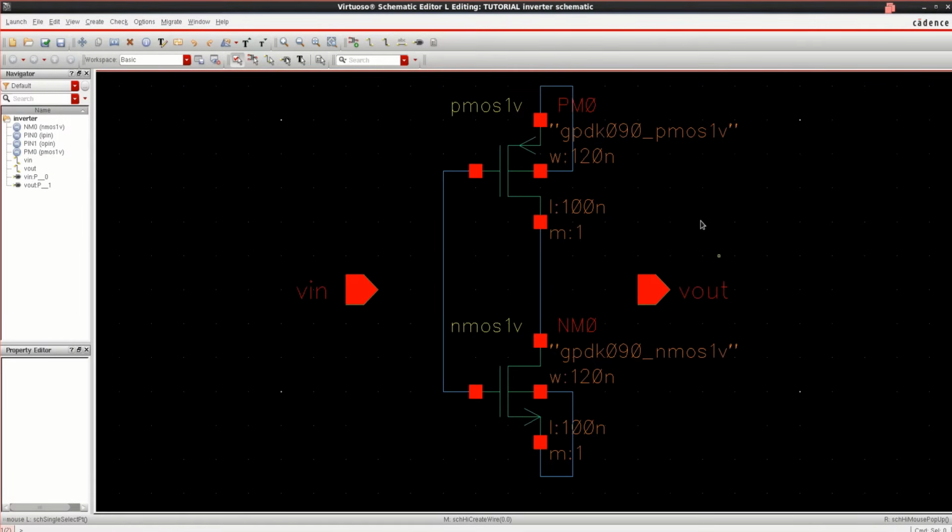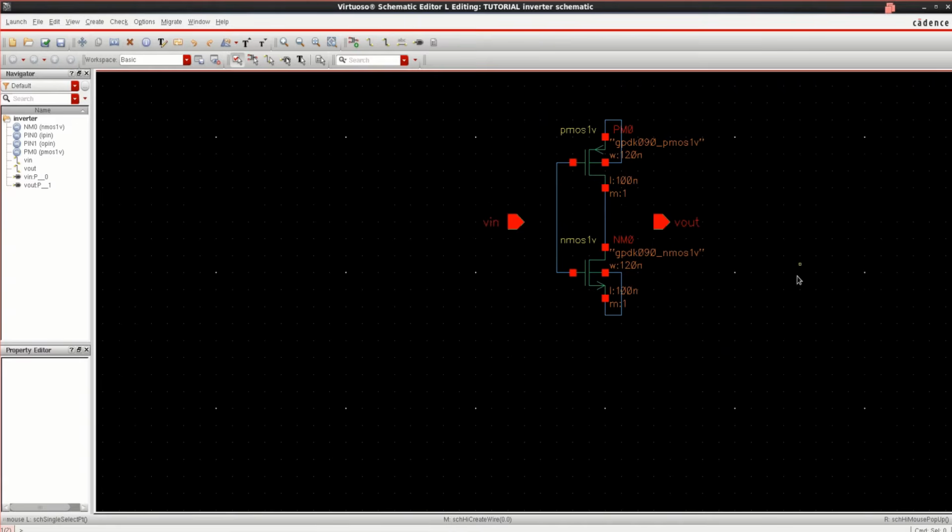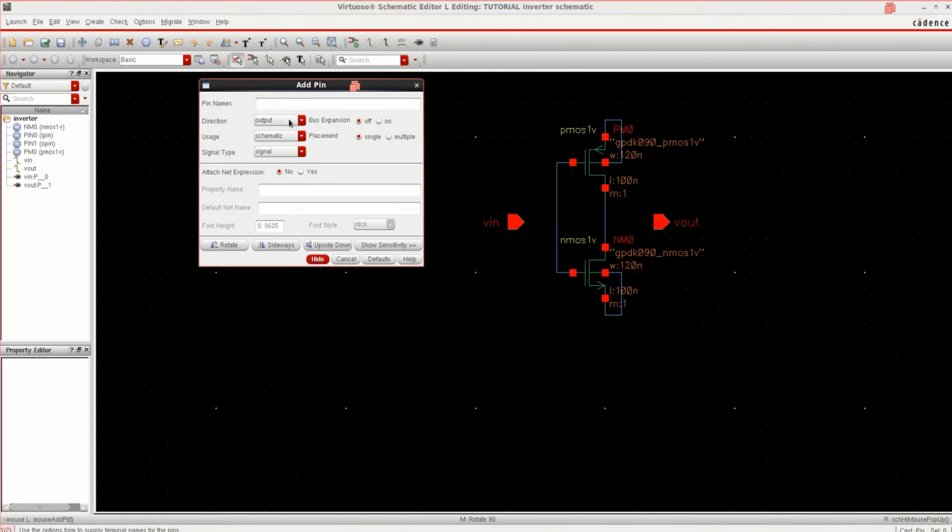Place the components, and similarly place the pins for VDD and ground, where I'll use the bidirectional in and out. Simultaneously you can specify by using the space in between.